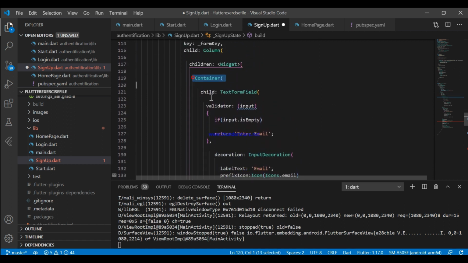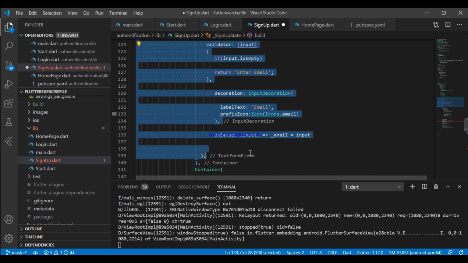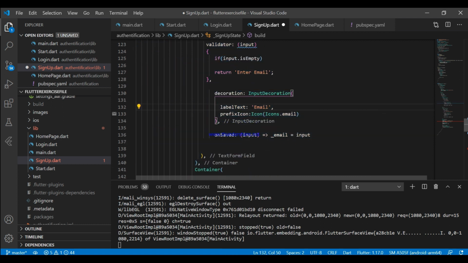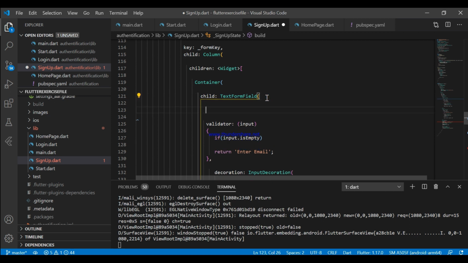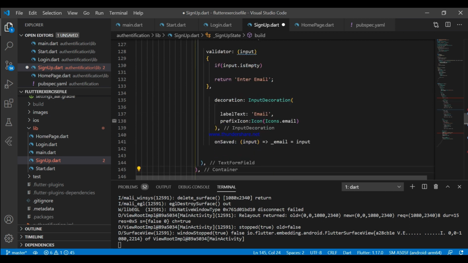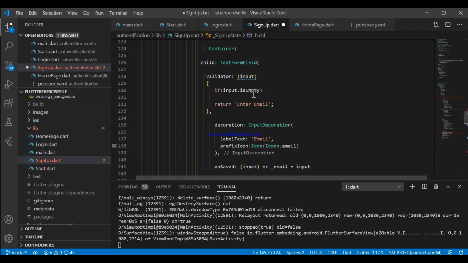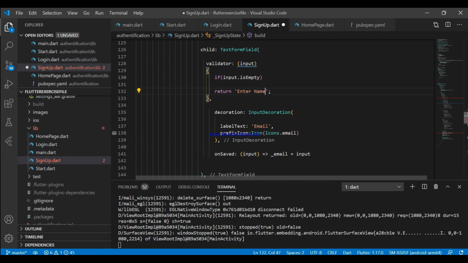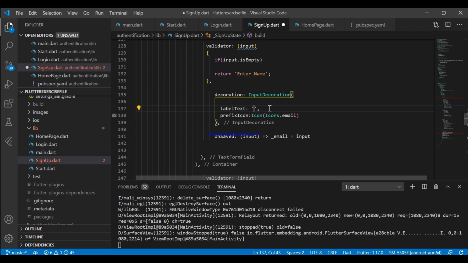We need one more text field, so I'm going to copy this and paste it for username. Just change enter name, and we need to change the icon as well.